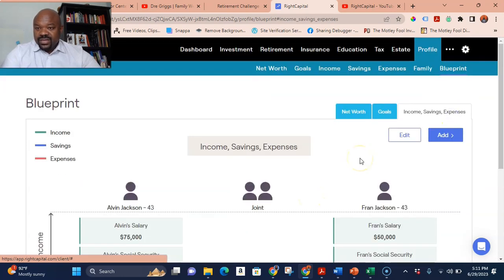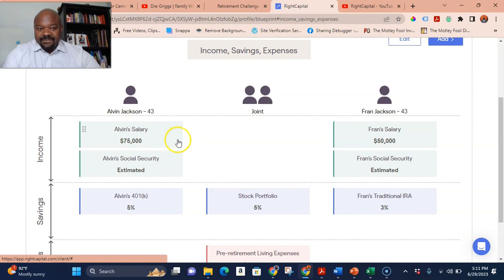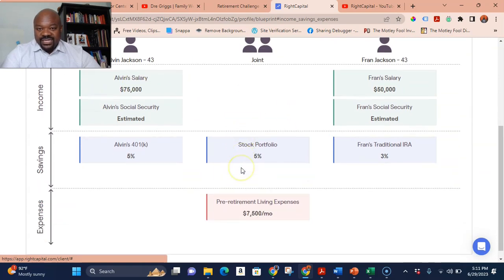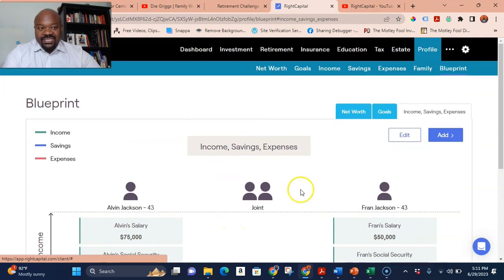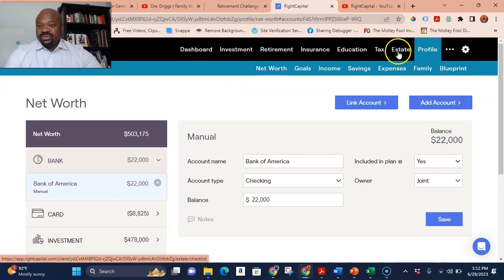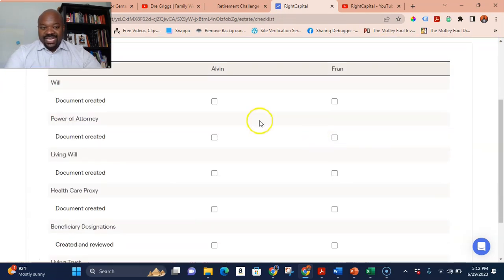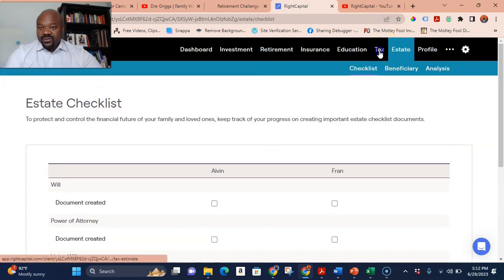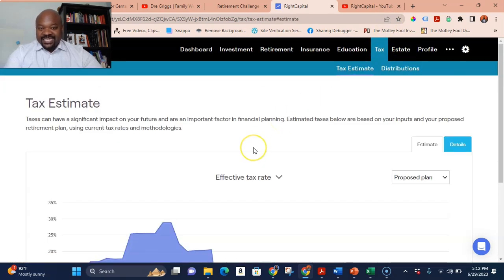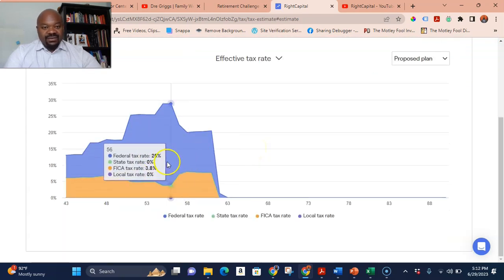You click here on the income, the savings and expenses. It has everything. So it has all of our income. It has the savings, the percentage that we save, and it has the overall expenses. So you can see that pretty nice and straightforward. Now you will be able to click on any of these. So the estate, if you have any of these documents done, we could check them off, or I can work on it for you. As far as the taxes is concerned, it's a very nice system as far as what